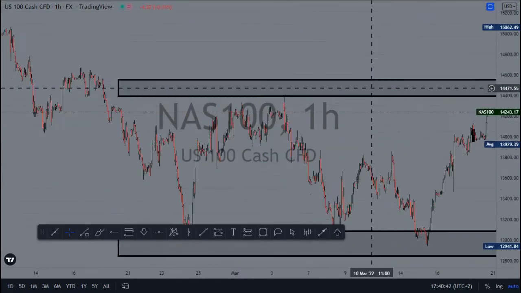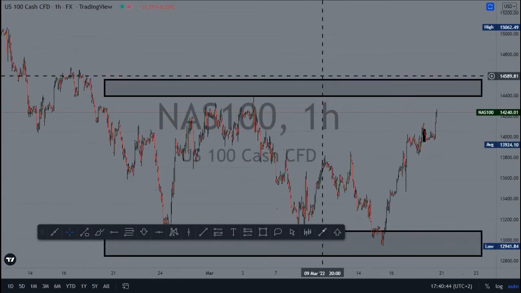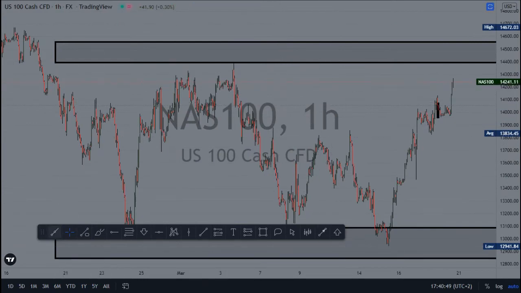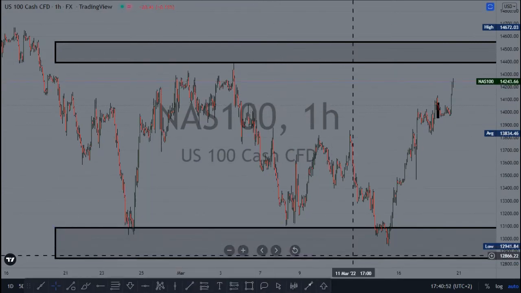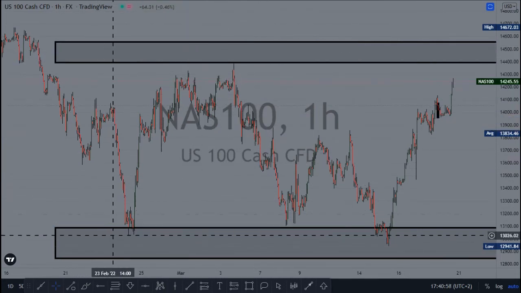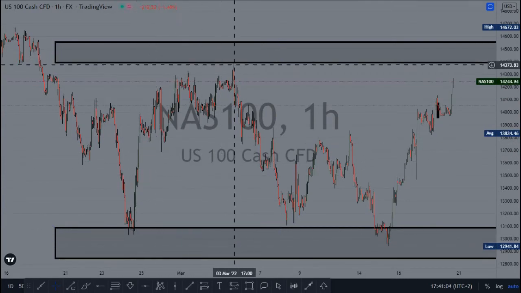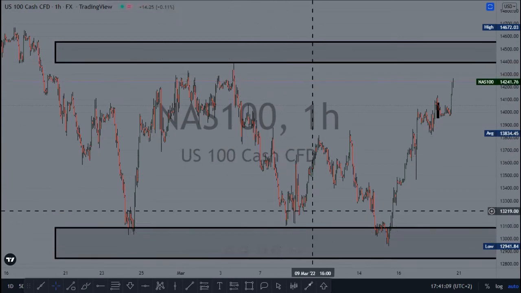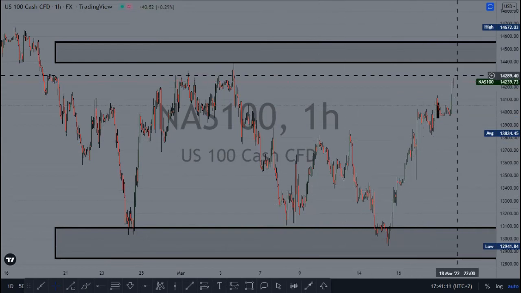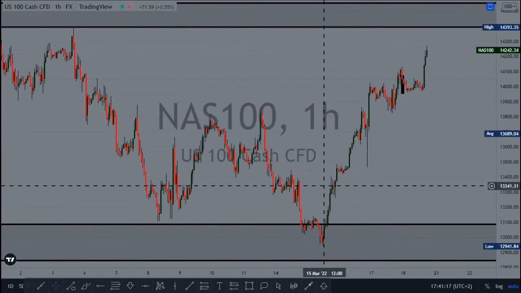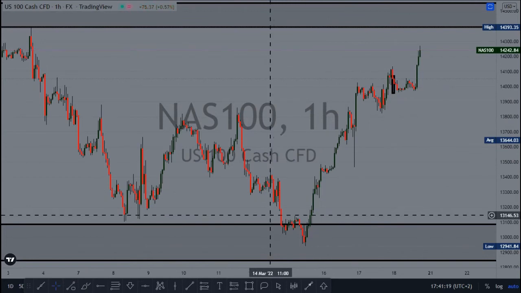As we can see, this is Nasdaq. This was what was happening. This was our support area, and this was our resistance area. The market came to the support, and then the market bounced back to the resistance. From the resistance it came back, got some support here, and then the market is now on its way to the resistance. So what we can see is this week started around here,